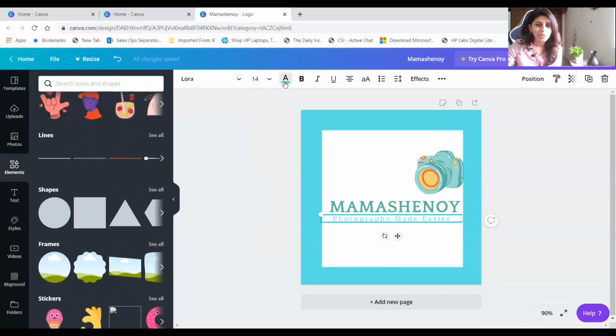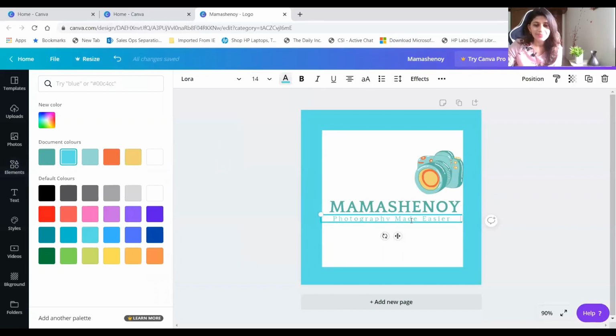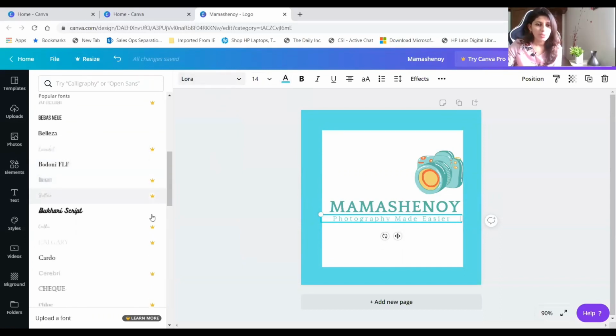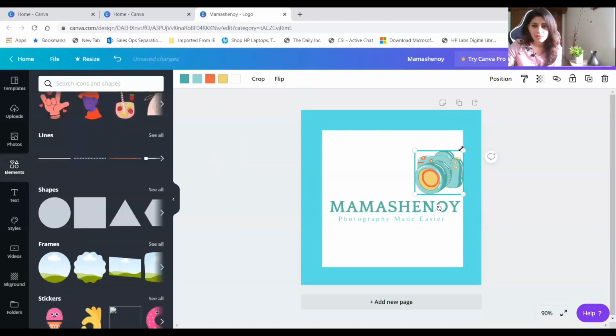And in case you don't like the font or size of the text, you have different options that you can choose from. These are the ones which are paid, but the ones which are available for free are still good enough that you can make use of. Okay, yeah, that's about it.